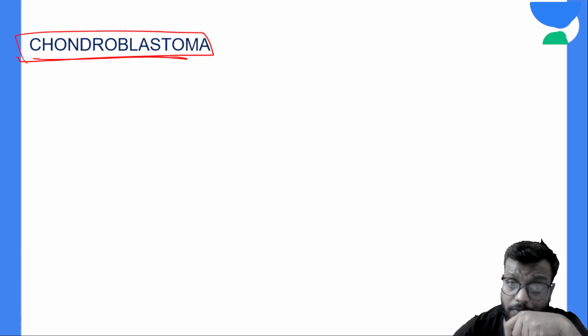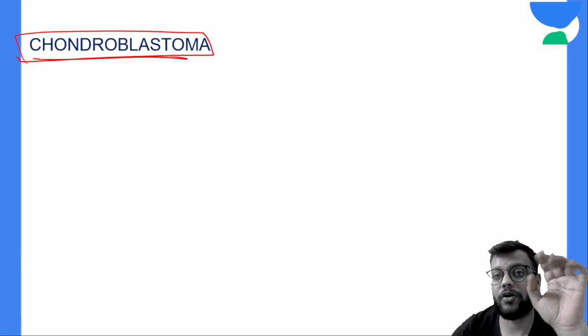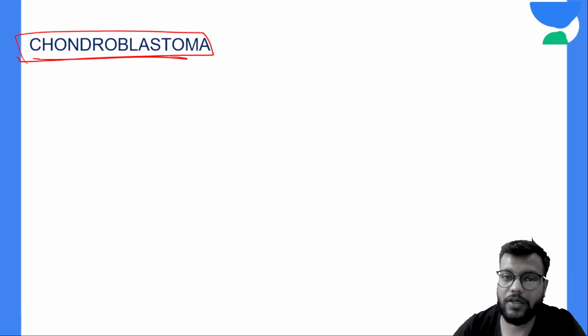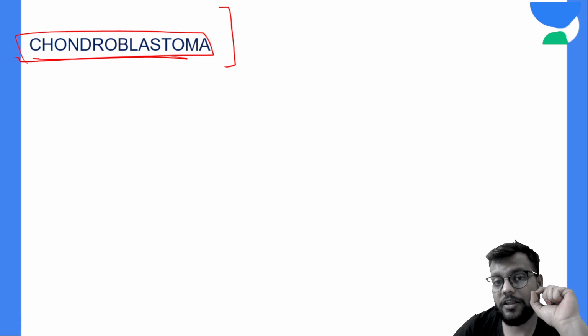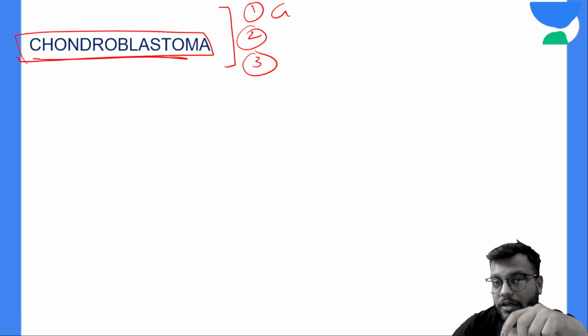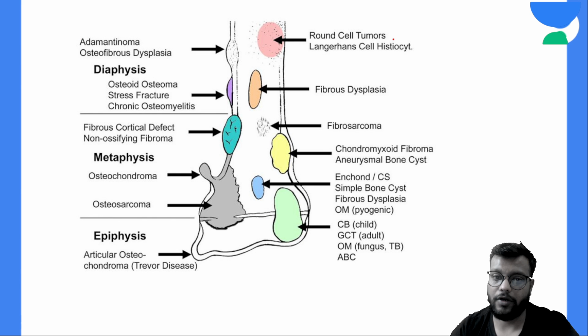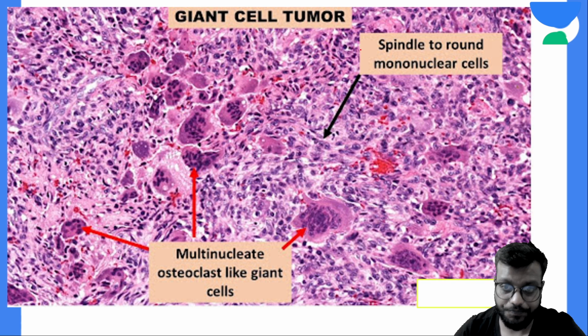Okay, because bone tumors are very important. A question 110% in every examination you will get, and in this too there are 90% chances that the question will be on one of these three topics, either giant cell tumor or osteosarcoma or your Ewing's sarcoma. Okay, remember this. This is very important. Okay, so this is your giant cell tumor.